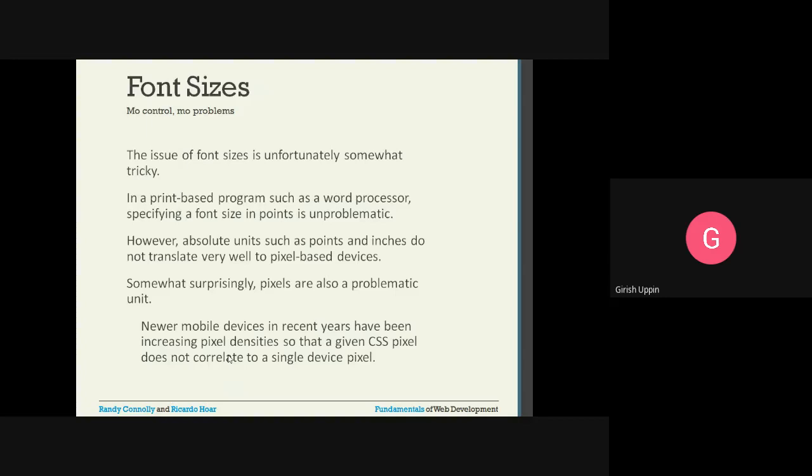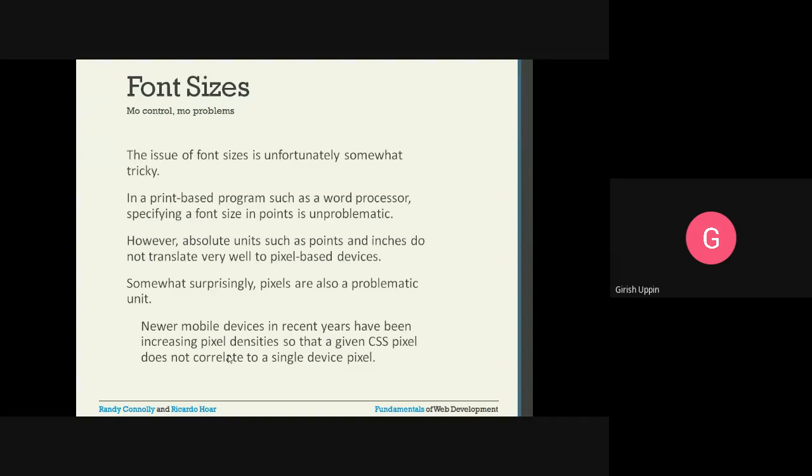Font sizes. The issue of font sizes is unfortunately somewhat tricky in print-based programs such as word processors. Specifying the font size in points is unproblematic, because when you are doing an actual print, you have to specify a certain font size so that it will be printed properly.